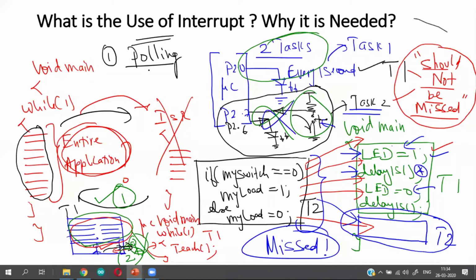This is called polling. What does polling mean? A microprocessor or a microcontroller suspends whatever it is doing and checks for the availability of input from an external device, irrespective of whether it is present or not. I am not very sure whether somebody is waiting there or not, because that is something which is not controlled by me. If somebody is waiting over there, well and good, I get the information. If nobody is waiting there, it is a waste of time for me. So that is the disadvantage of polling.